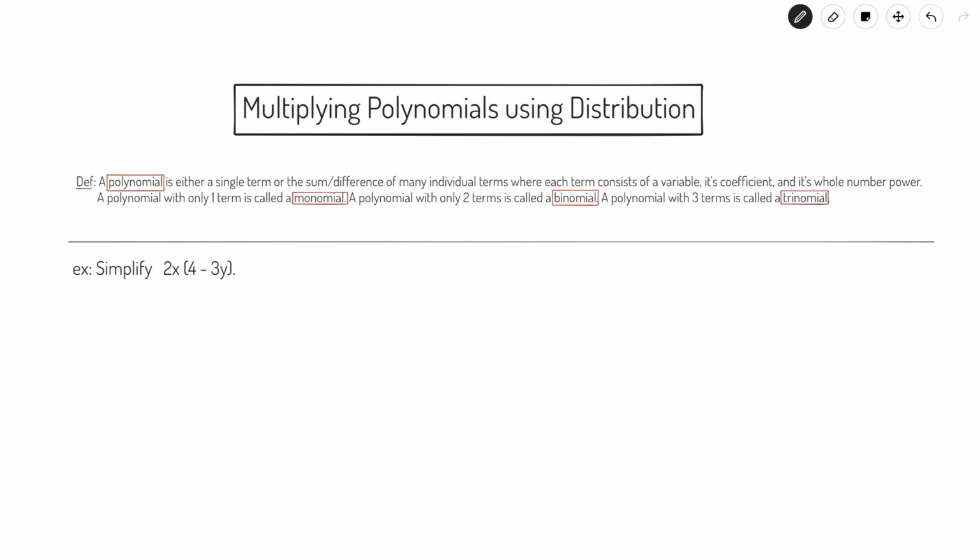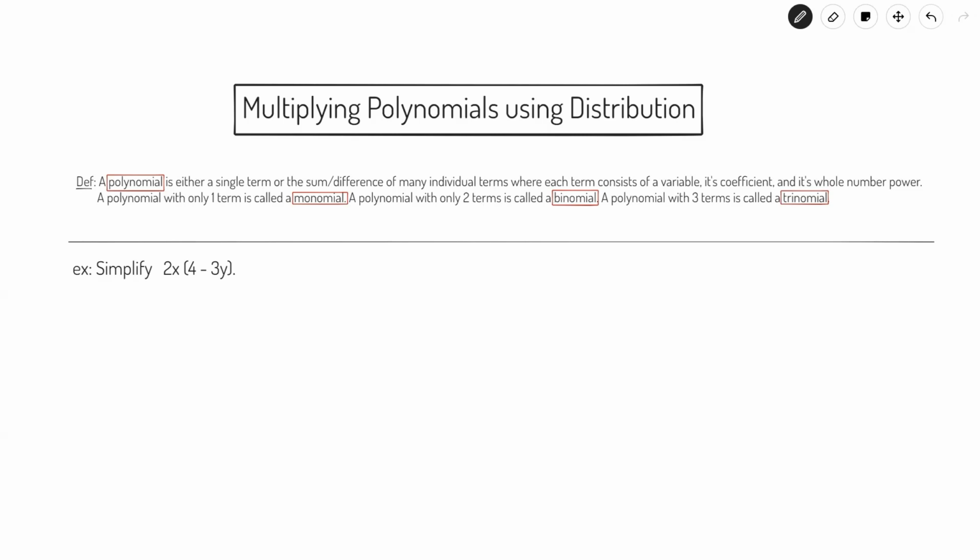We have some other nomenclature that we use for specific polynomials with a specific number of terms. For example, a polynomial with only one term is called a monomial. A polynomial with only two terms is called a binomial, and a polynomial with three terms we call a trinomial. We don't really have a naming system for polynomials with terms higher than 4, but we can call them a